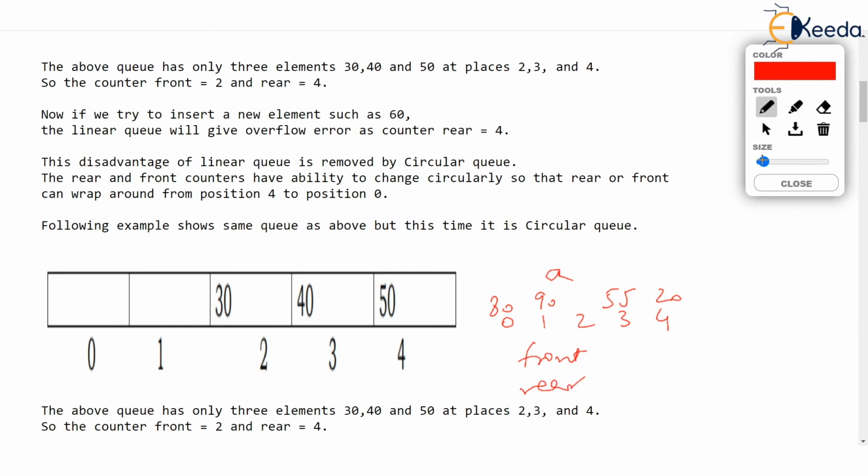Now I give you front and rear. Front is 3, rear is 1. So you will say 55 is the frontmost, third element. Then comes 20, fourth element. Then it is 80, and then finally 90. 90 is the first element and 1 is rear, the last element. So this 90 is the last element. That's how the circular queues can be seen when implemented using array.